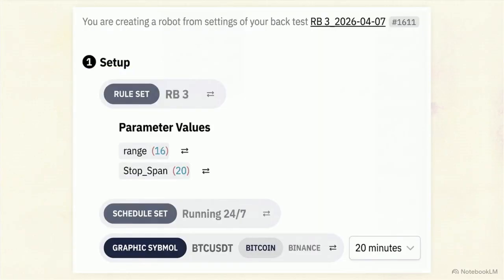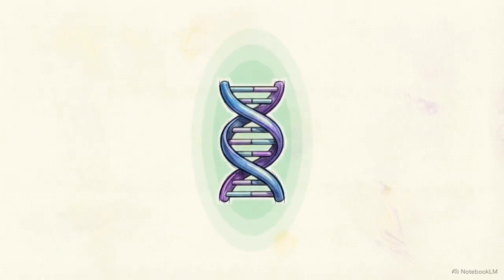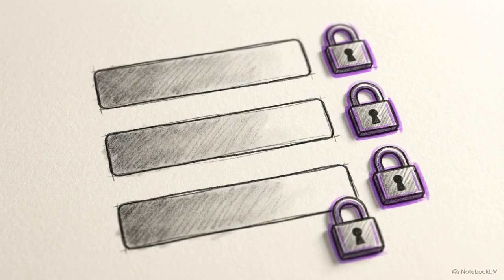You will see that the rule set, the schedule set, and the graphic symbol, including your selected time frame, are preloaded directly from your backtest. These inherited settings act as the robot's DNA. Once the robot is generated, these core elements cannot be edited. Locking these fields guarantees the exact logic you validated during testing is preserved, preventing accidental shifts to your trading rules